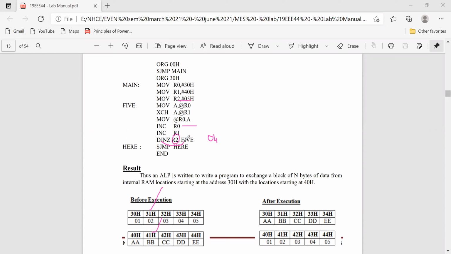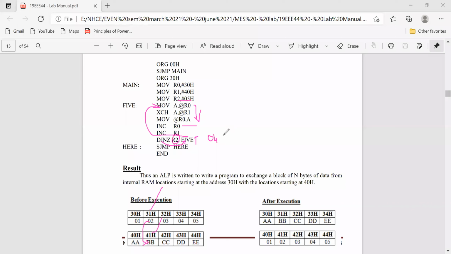Jump if not zero. Check the condition that it is not 0. The condition is true. It is not 0. So then it will go to the loop and once again exchange these two data. Okay. So like this, 5 times the data will be exchanged.